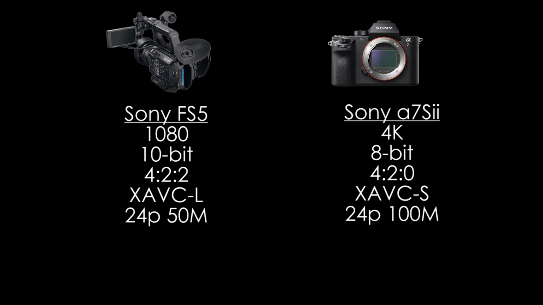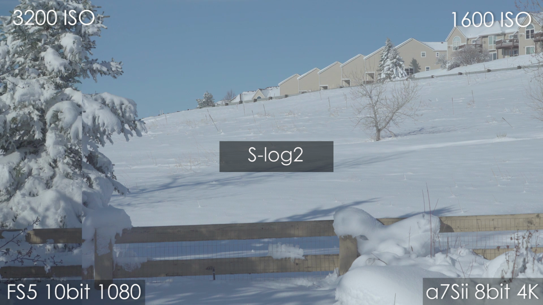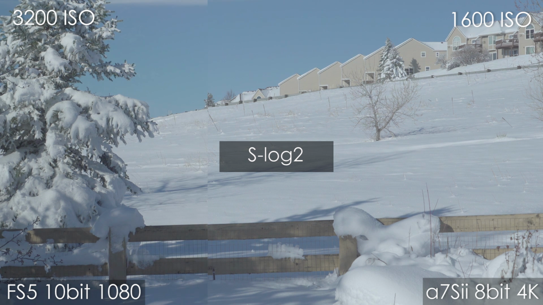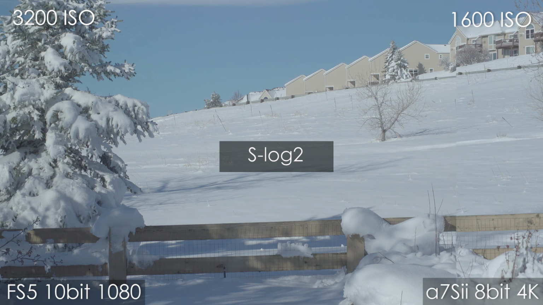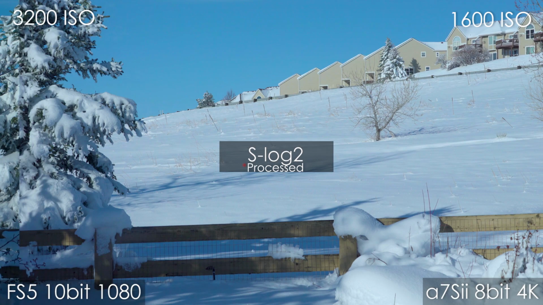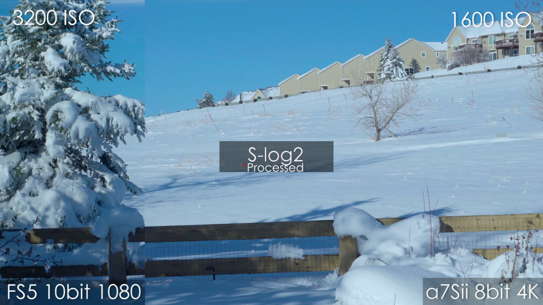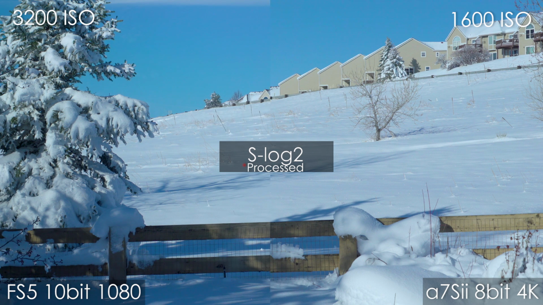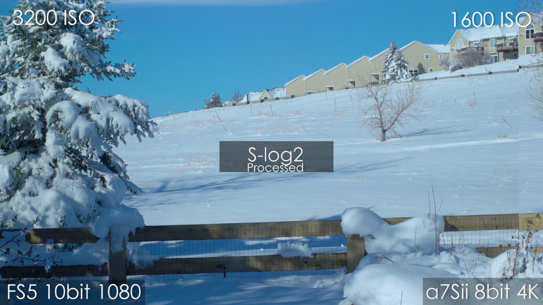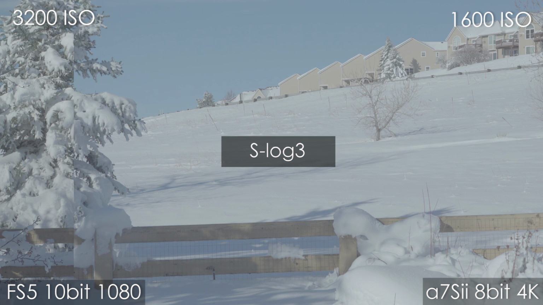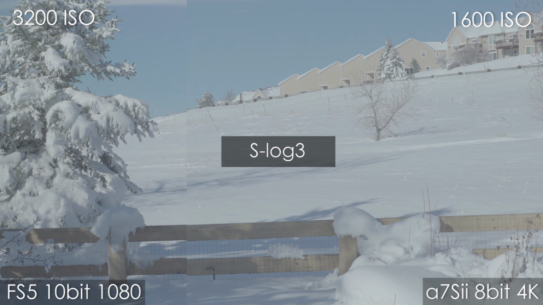All right, next up, to change it up slightly, same test as before, but I've just swapped out the camera. This time we're going to be using the a7S2. And this is going to be a very high-key environment. And again, like I've talked about, a lot of colorists will talk about how S-Log2 with an 8-bit camera is not a good thing. But when you shoot it in 4K like we're doing here on the right-hand side, and you can see this is the processed image of S-Log2, it looks pretty comparable to the FS5, which costs, what,